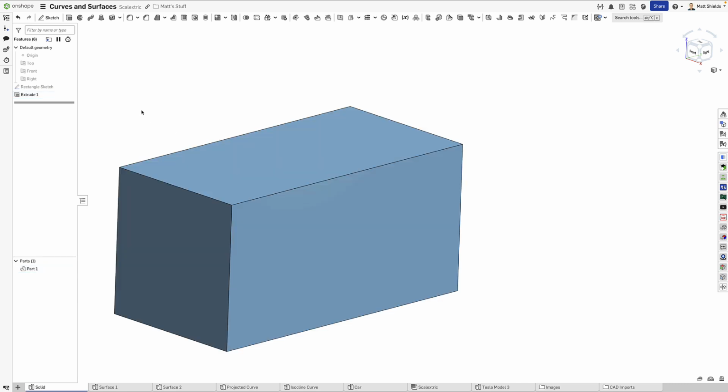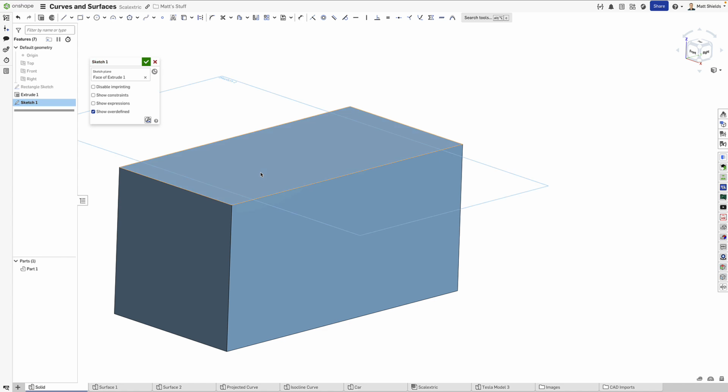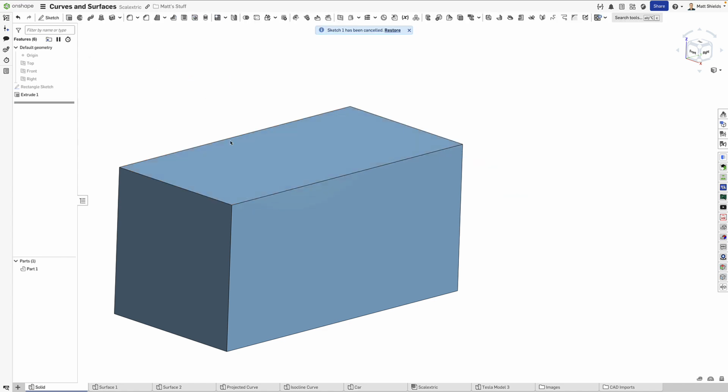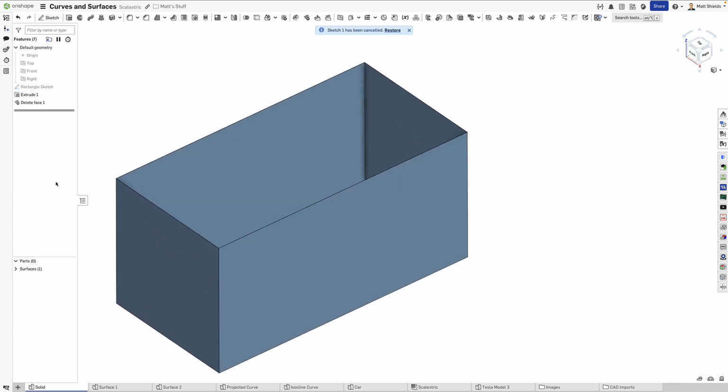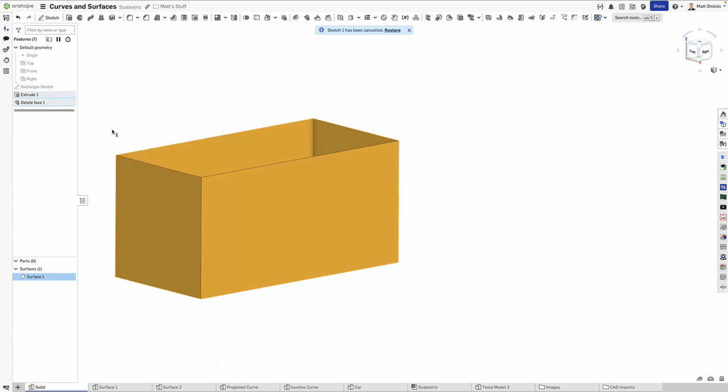And you can see that this rectangular solid, this rectangular prism, is actually just a volume enclosed by 6 surfaces. And you can see the difference if I were to click this face here and say delete face. If I delete this face, Onshape doesn't create any errors, it just says, okay, we now have, instead of 6, we have 5 faces, all one enclosed or connected surface, but it's missing the top,